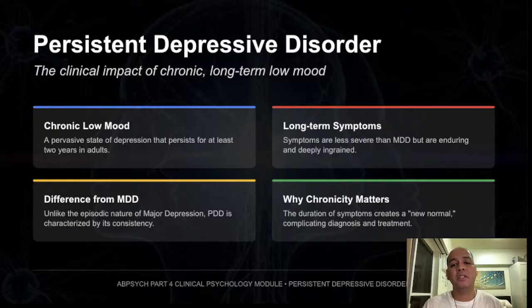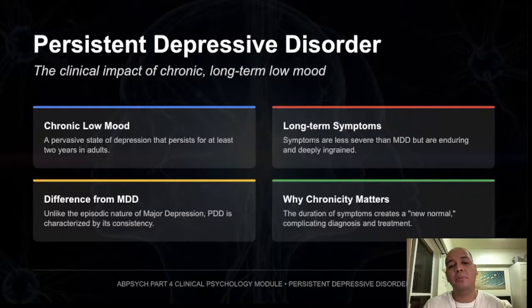That is what makes this disorder so tricky, because a person may start to think, maybe this is just my personality, or this is just how I've always been. Other people may also miss it because the suffering is steady rather than dramatic. And a useful way to think about it is this: major depression may hit like a storm, but persistent depressive disorder can feel like living under permanent gray skies. You still function, maybe, but without much light, energy, or hope.